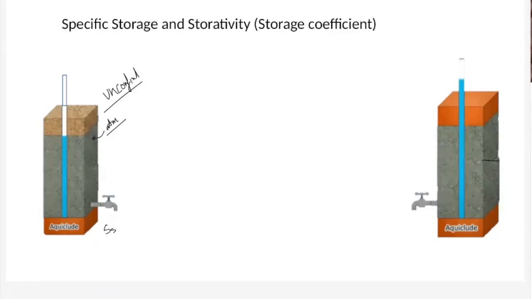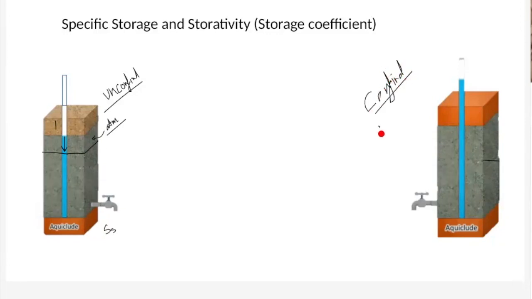Because if you are dropping the head in the unconfined aquifer, it is just the water that is released because of the gravity influence, right? There is no confining pressure in an unconfined aquifer, right? So I'll come back to this, but let's talk about confined, because